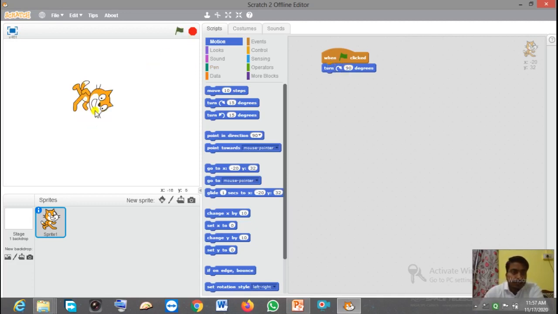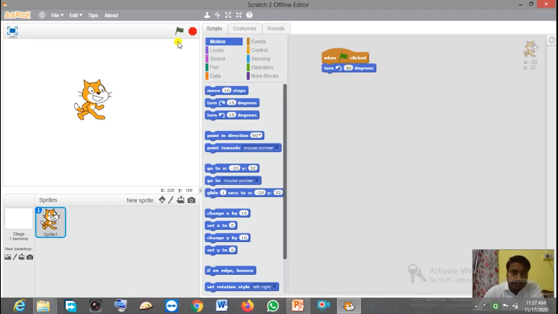Now you can see how this is changing according to the degree. Let me click once again. Understood? So this is the use of turn clockwise by 90 degrees. Now let me take this turn anti-clockwise.